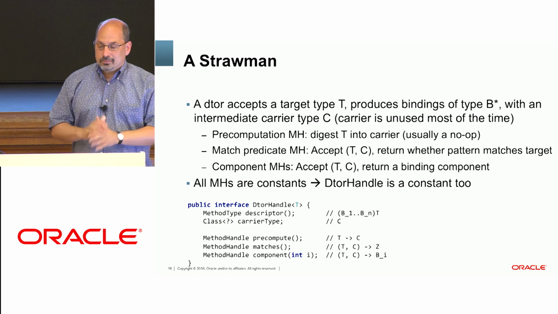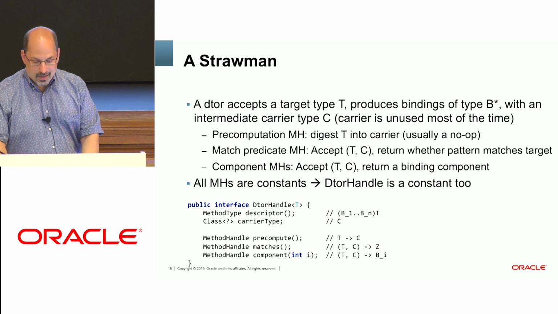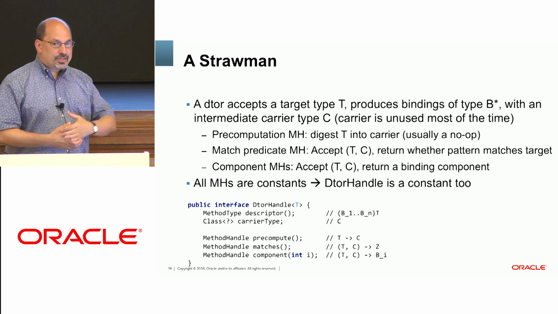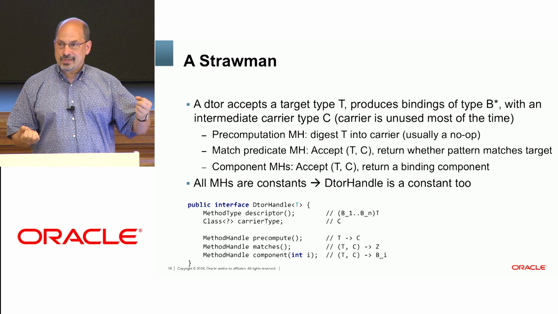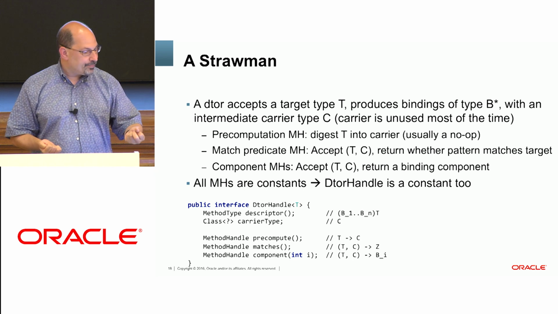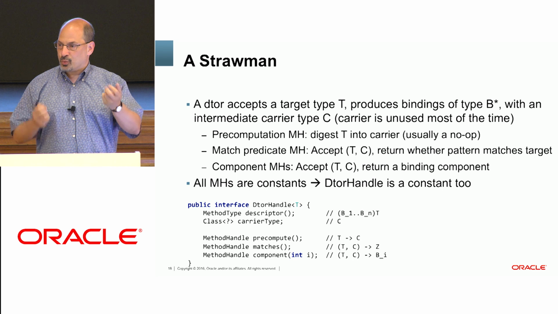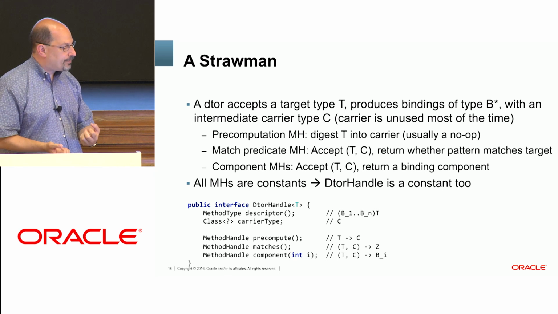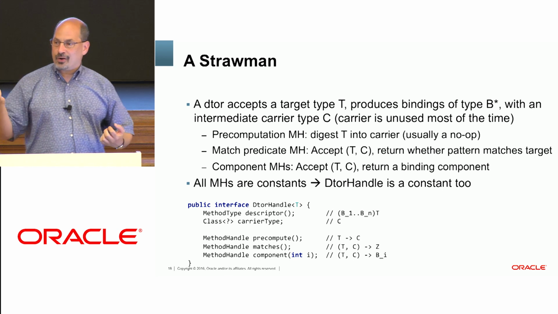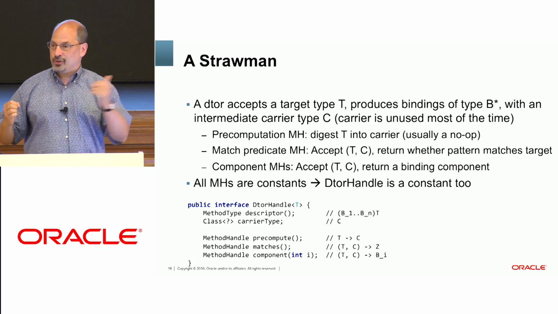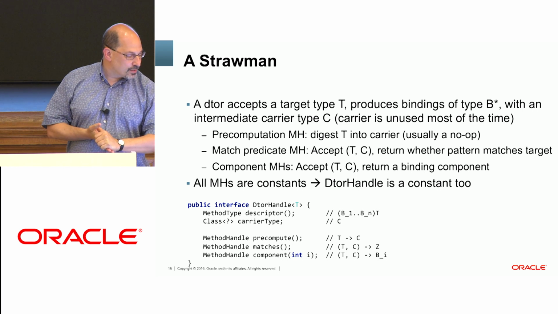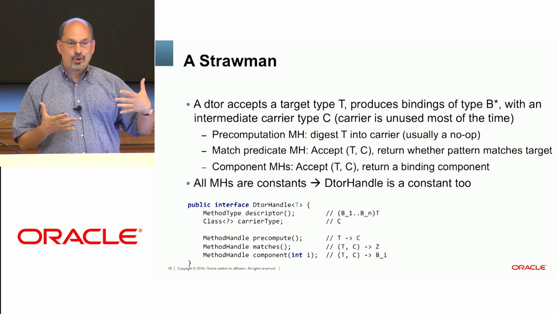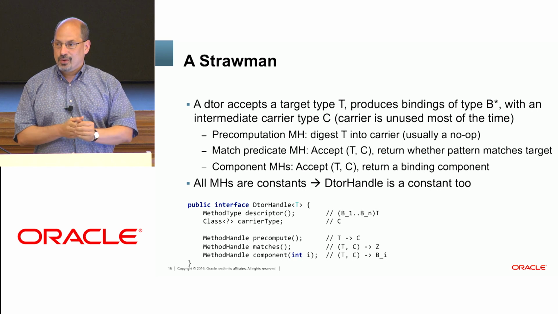Okay, so here's my strawman example. We say that a deconstructor handle is parameterized by some types. Its target type, what am I deconstructing? And a bunch of types for the bindings. What are the types of each of the things I'm extracting? And then there's also this hidden carrier type, the intermediate value that this funnels through while I'm doing the computation. And then I can decompose that into n plus 2 method handles, where n is the number of